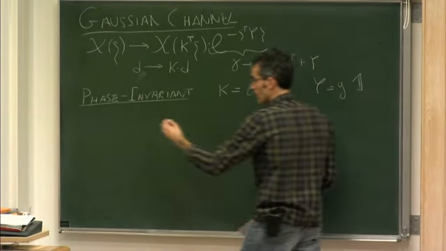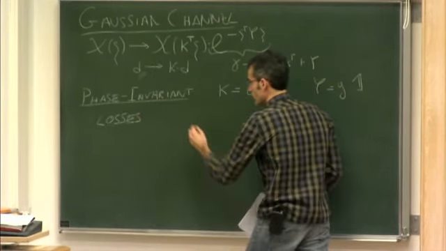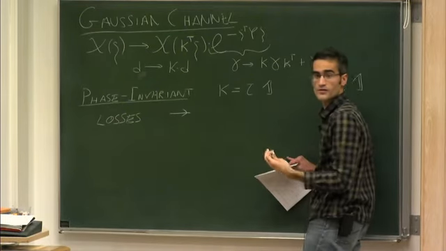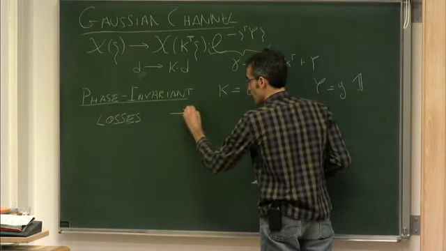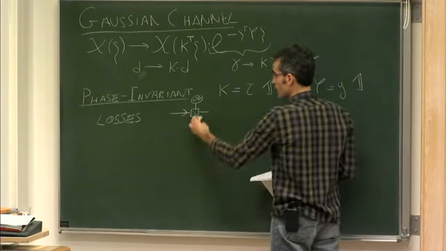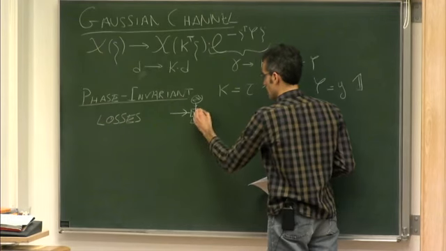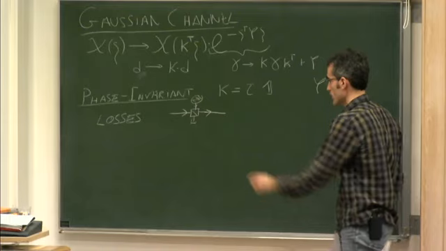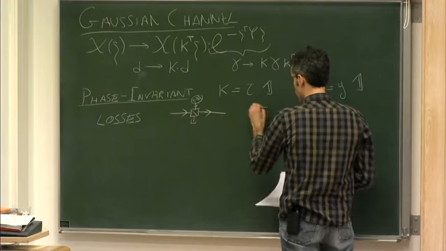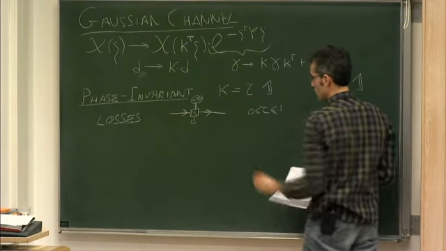Among these channels, you have the lossy channels, where your signal enters the channel, and you can model the channel as if it interacted with a thermal state. So you have some environment in a thermal state, and it interacts with your signal through a beam splitter. And then you get the output. So that's the lossy channel, and this is for the parameter tau smaller than or equal to 1, or larger than or equal to 0.